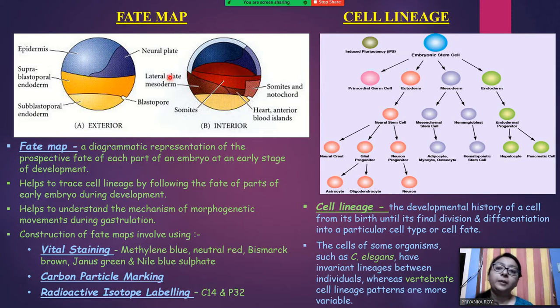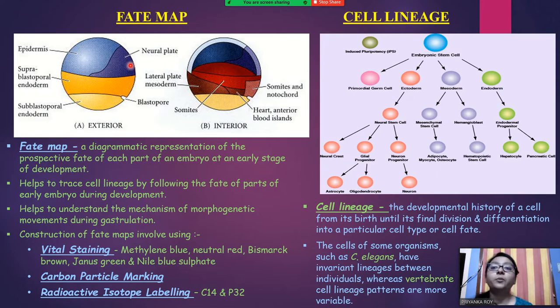Next is the fate map. A fate map is simply a diagrammatic representation of the prospective fate of each cell or each part of an embryo. So you can trace it back to the final developmental stage, and then say that the cells of this portion will form the epidermis. So here a map is drawn, and according to the regions the cells will differentiate into, they are named accordingly. The cells are traced, and their lineage shows that these cells will form the